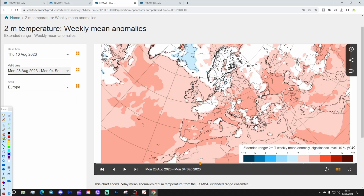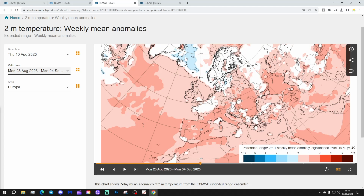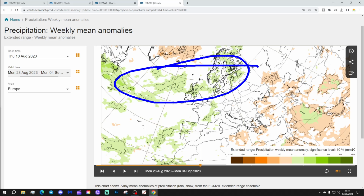Temperature anomaly still a bit above average, but starting to come down close to normal. Again, cooler average up towards Iceland, by the way. And precipitation goes wet. Look at this. Above average rainfall from the Atlantic into northern and western parts of Europe, especially